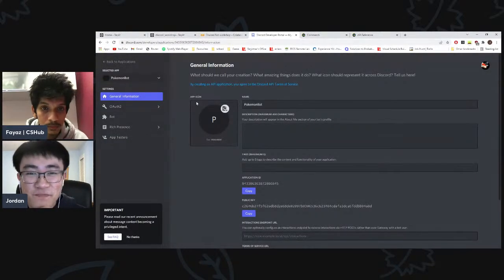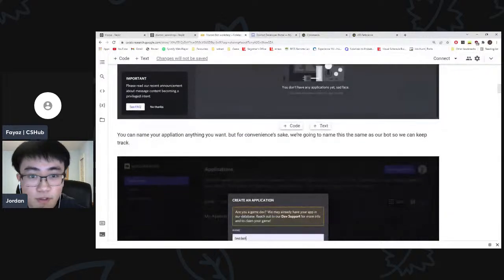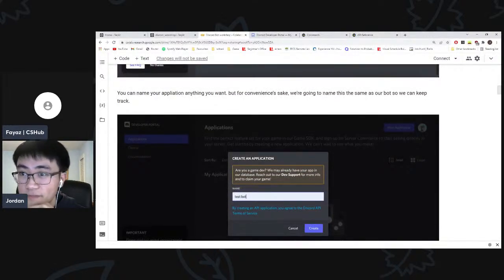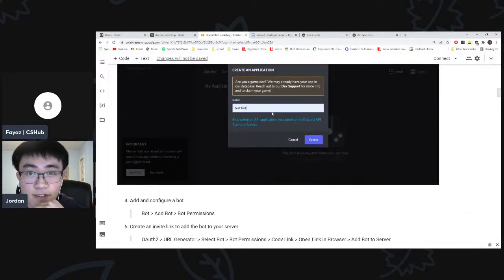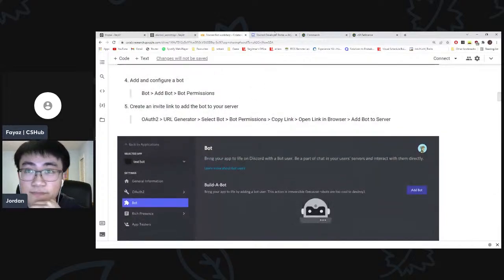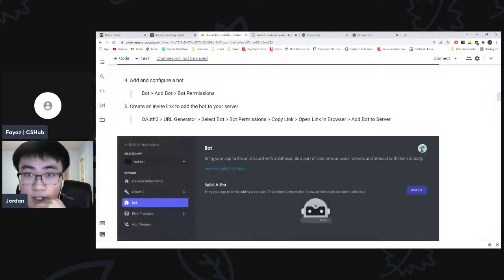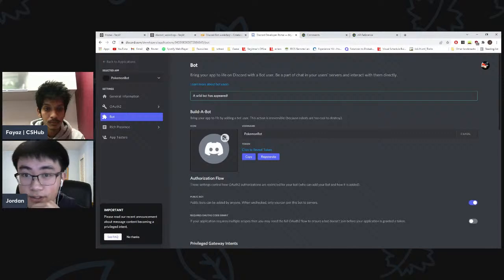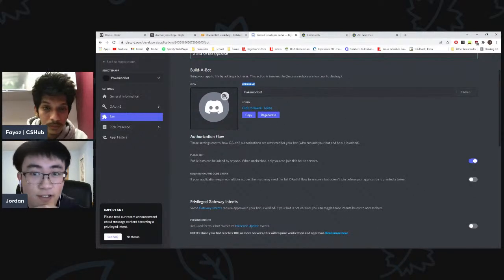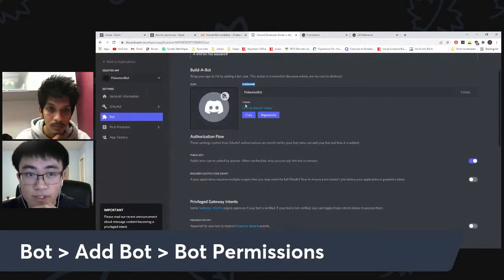So I created a Discord application. I named it Pokemon Bot, and for convenience's sake, we're going to name this the same as our bot, and we create our application. Now we're going to configure our bot by adding a bot here, and we're going to give it this username, Pokemon Bot, and now we need to